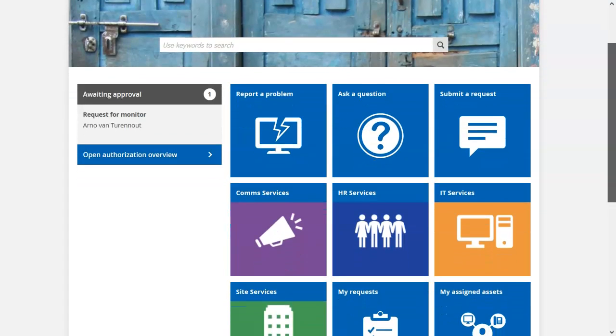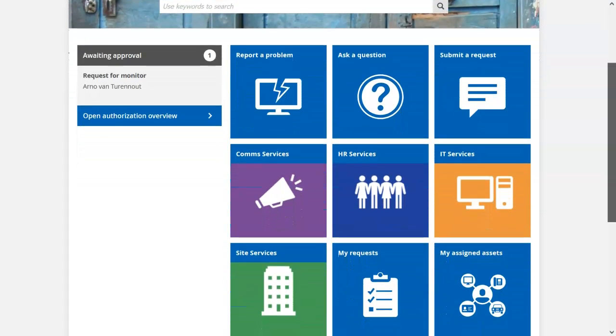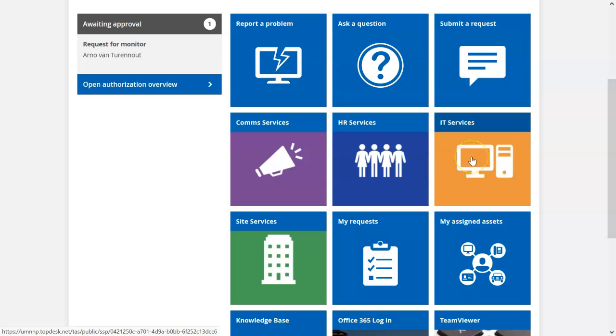Under the Report a Problem, Ask a Question and Submit a Request tiles, you see some color tiles which bring you to detailed information of some corporate teams. When you click them, you can find services these teams provide, together with relevant requests, tips and frequently asked questions called knowledge items. For example, when we open IT services